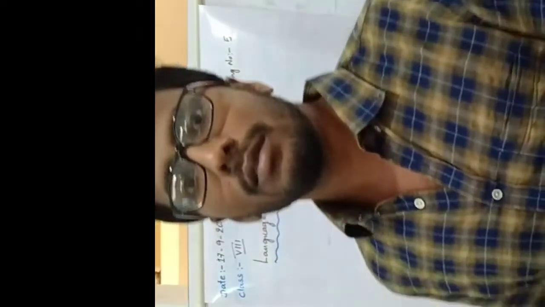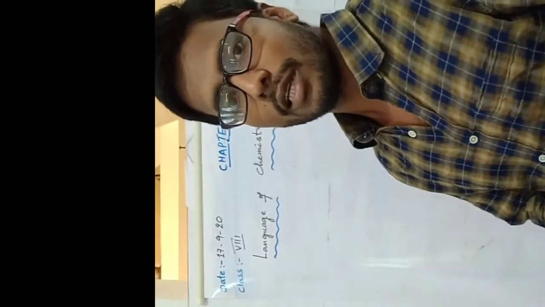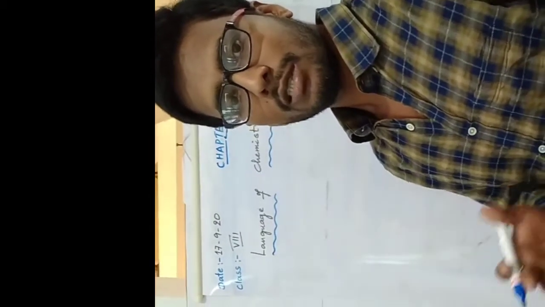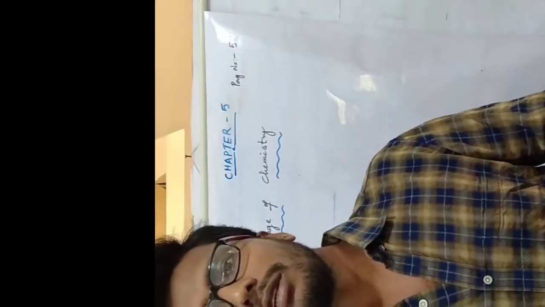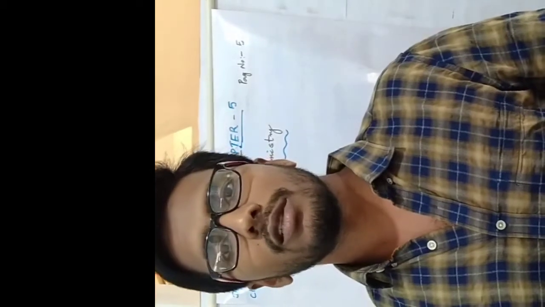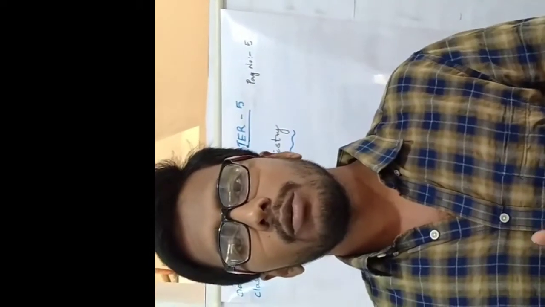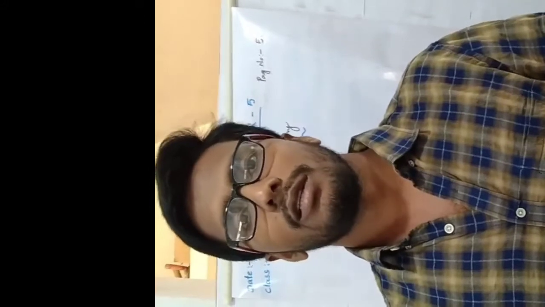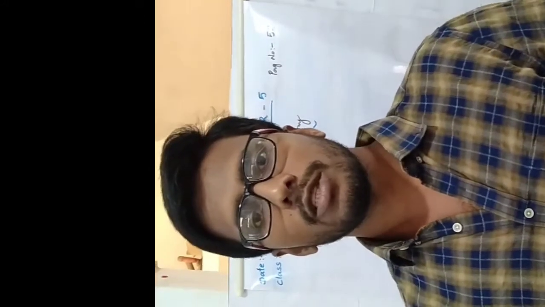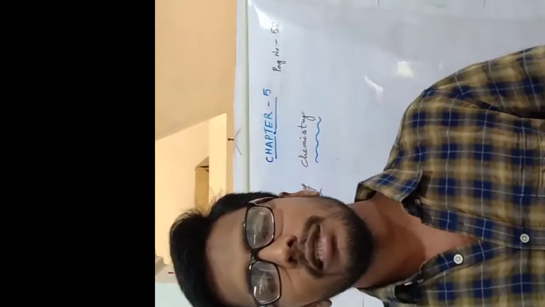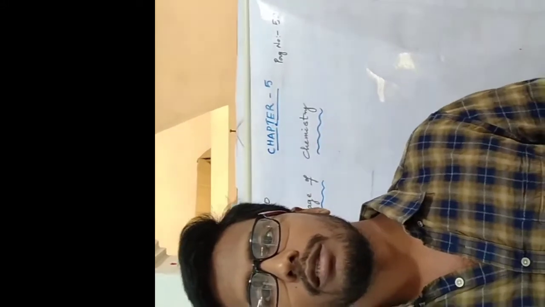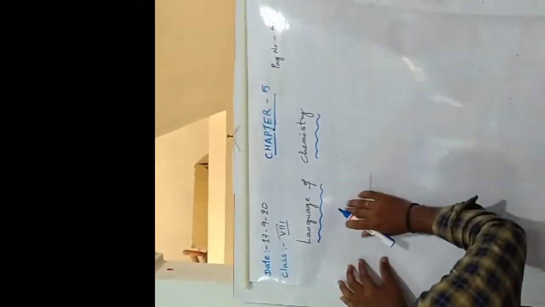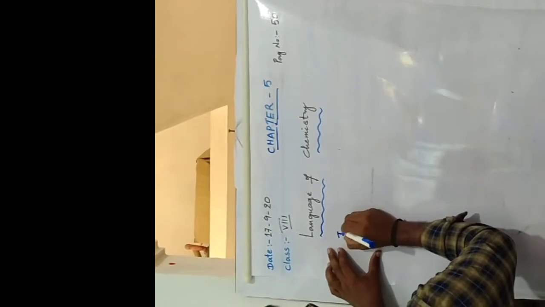Before we discuss the topic, in the previous session we discussed important topics like valency. So recall the definition of valency: what is valency? The combining capacity of an atom of an element is known as valency. In variable valency we already discussed, based on groups and periods. First A group elements have valency 1, second A group 2, and so on up to the 8th group. In that, the first A group contains metals.